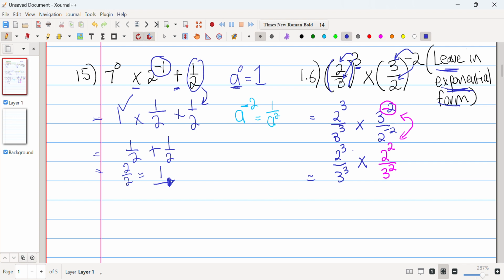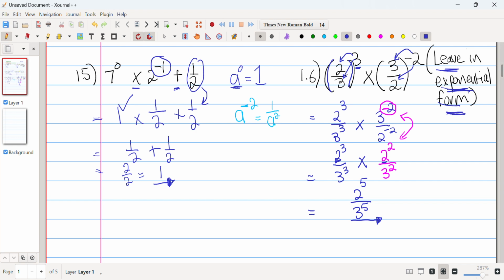Okay, and then let's go and just finish it off. So if we had to times the numerators, 2 to the 3 times 2 to the 2, that would become 2. And then what's the rule that happens when we have the same bases? We're going to add the exponents. So it's going to be 3 plus 2 is 5, all over, and then this is 3 to the 3 times 3 to the 2, so this will become 3 to the 5. Why? Because again, we are adding those exponents, and this would be our final answer because we want it in